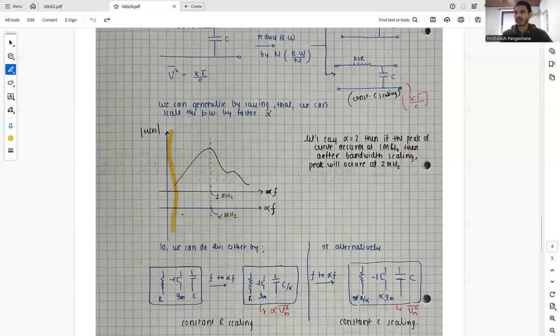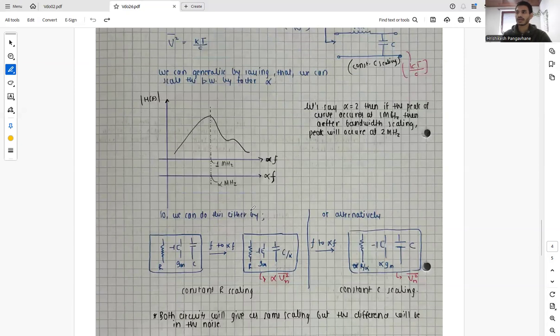We have a transfer function, and when we plot it against the frequency f, we say that our peak comes at 1 megahertz. Now, if we scale the frequency by alpha times f, so if we plot the same function against alpha f, our peak will occur at alpha times 1 megahertz. So let's say if alpha is 2, and the peak of the curve occurs at 1 megahertz, then after bandwidth scaling by alpha, the peak will occur at 2 megahertz, because it is alpha times the basic frequency. So we can do this either by